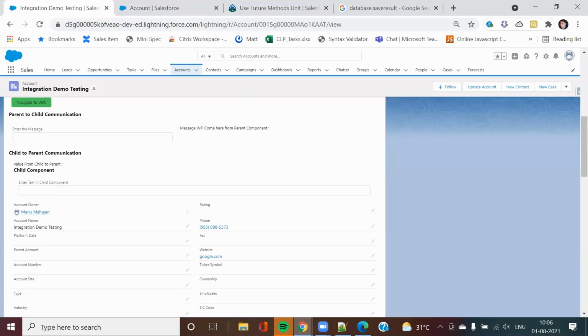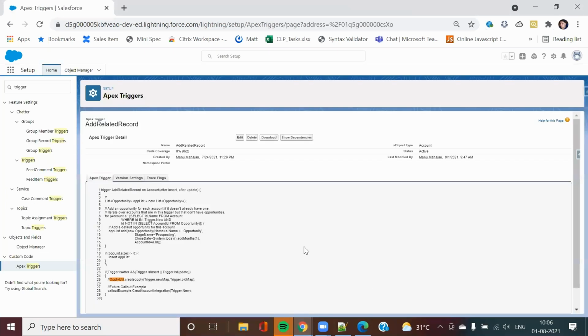Before that, I will inactivate the trigger so that it doesn't impact us.